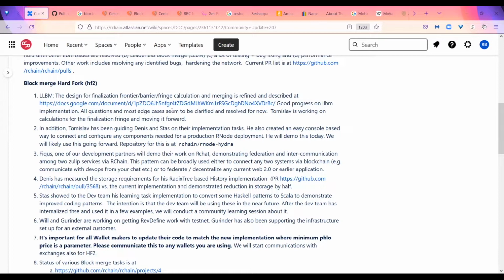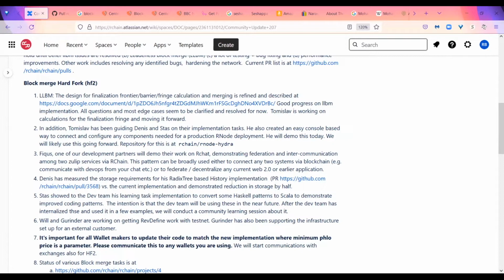Dennis has completed storage measurements for the new tree. If you recall, last debrief, I was saying that we were looking into why there is extra storage being required. And he has demonstrated that this is not from the code. It seems like there is something on the LMDB side where they're allocating more, so that's more storage.